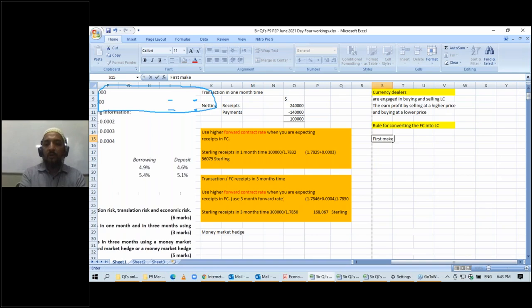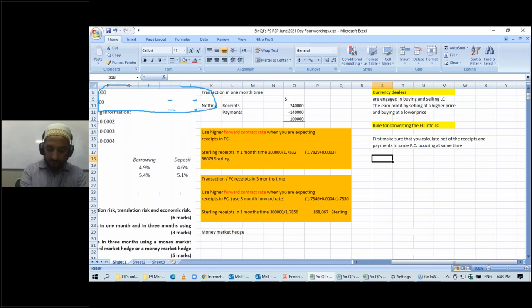First, make sure that you calculate the net of the receipts and payments in the same foreign currency, occurring at the same time, and then divide the foreign currency amount with the higher exchange rate